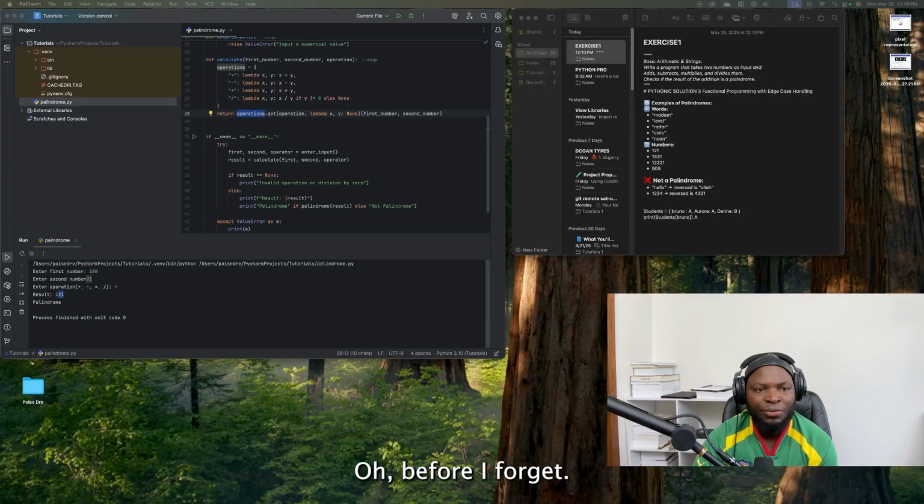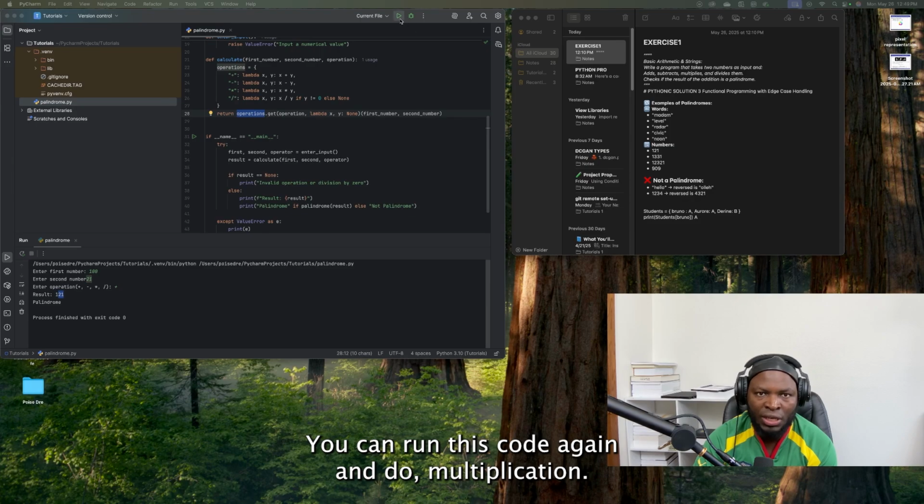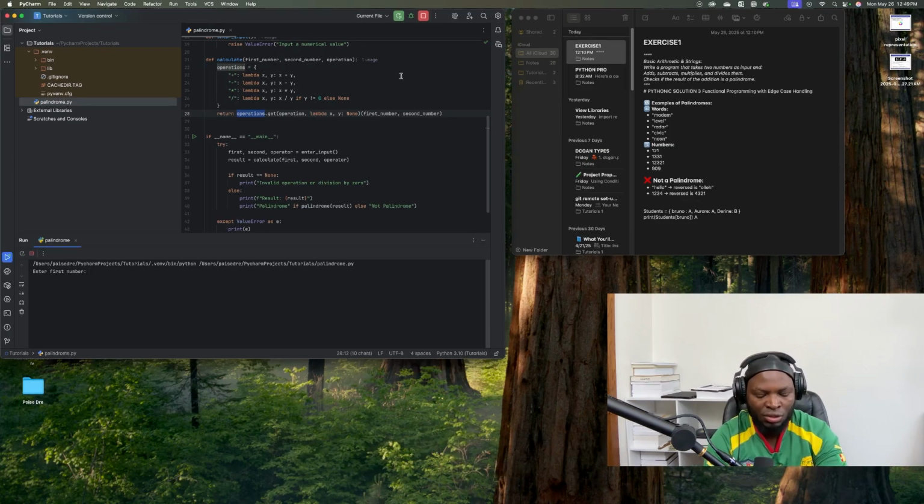Oh, before I forget, right? We've just done one test. You can do it for all. You can run this code again and do multiplication. You can do